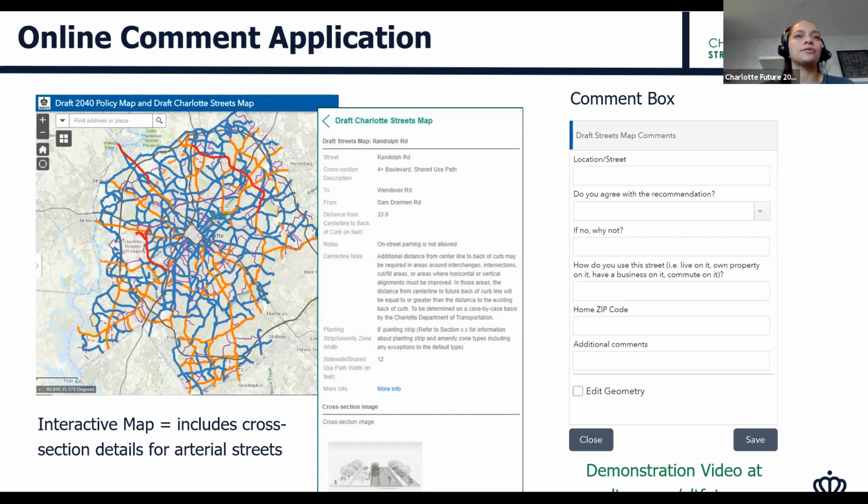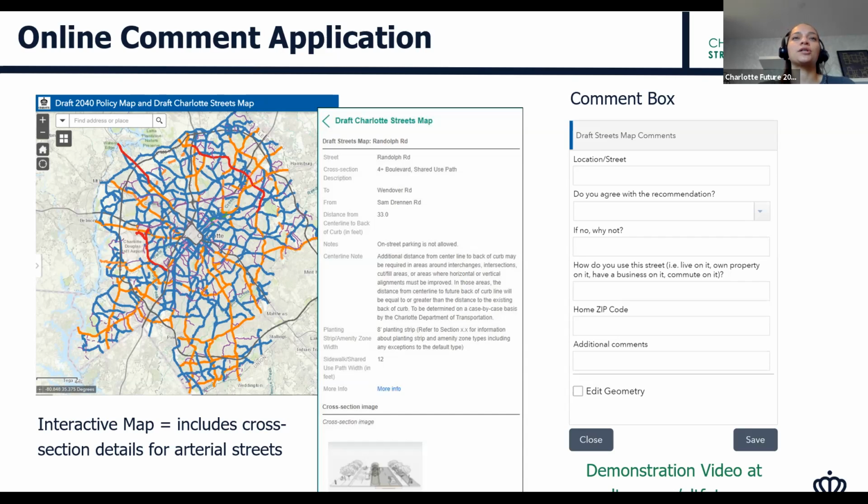To the left-hand side, you'll see your comment buttons. If you click on one of the comment buttons, a comment box will come up, and it'll ask you for the street and location that you want to comment on. It'll ask you whether you agree with the recommendation of what that street or place type is, and we'll cover what place types are in just a few slides.